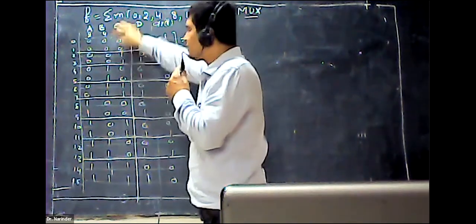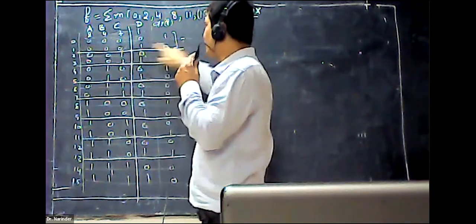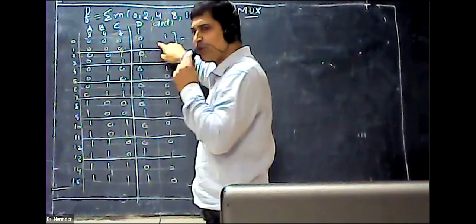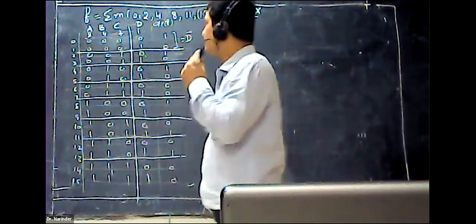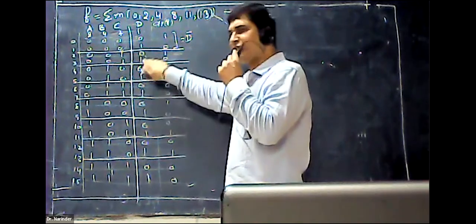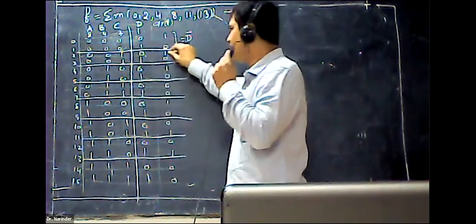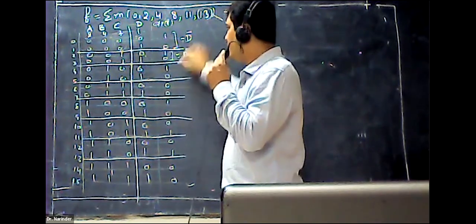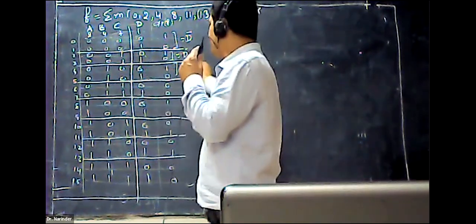This is 0 because this is identical. Forget about this. This is 0, this is 1, this is 1, this is 0, just the reverse of each other. So if this is D, the output would be D bar. Again, this is 0, this is 1, this is 1, this is 0, the converse of each other. If this value is D, it would be D bar. Again 0, 1, 1, 0, write D bar.